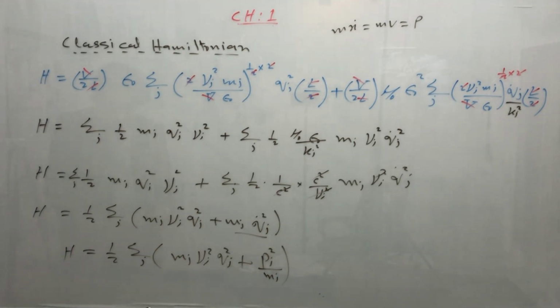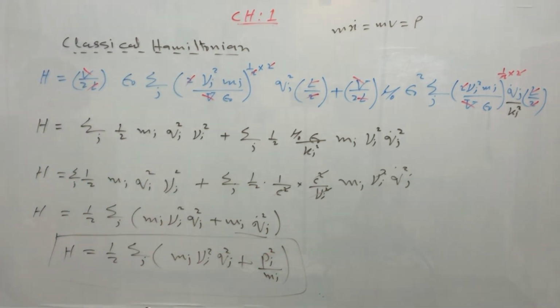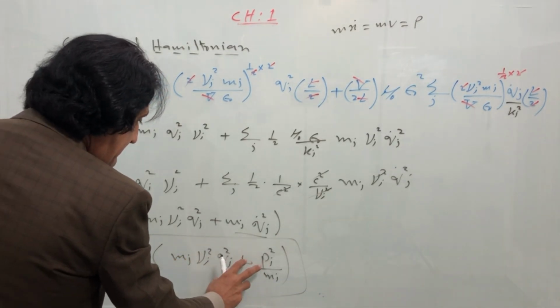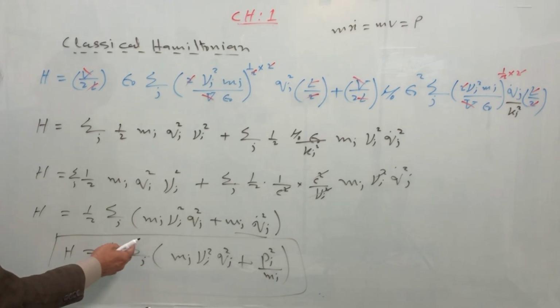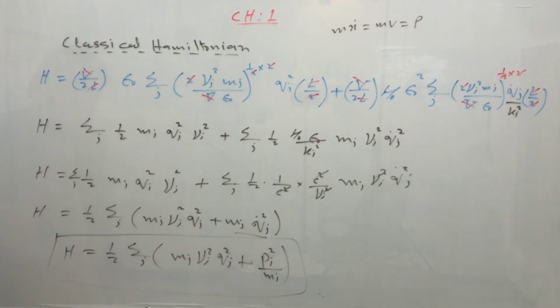So this is the final Hamiltonian. This expression, the Hamiltonian of the radiation field, is a sum of independent oscillator energies. So this is nothing but the harmonic oscillator, like the equation for the harmonic oscillator, because